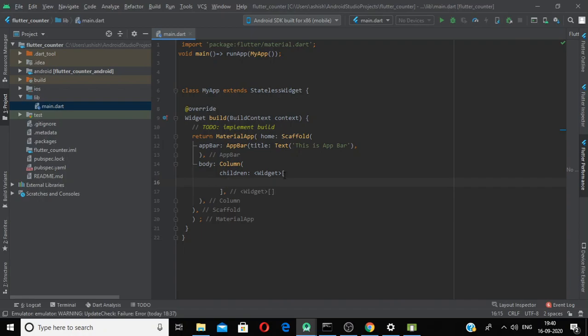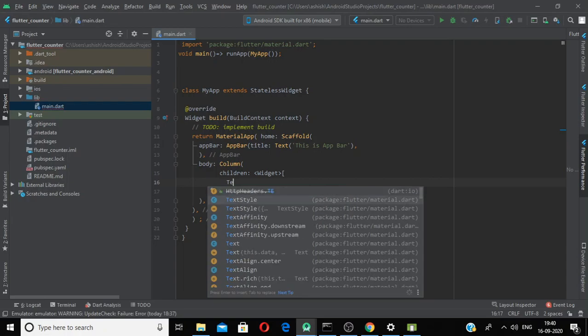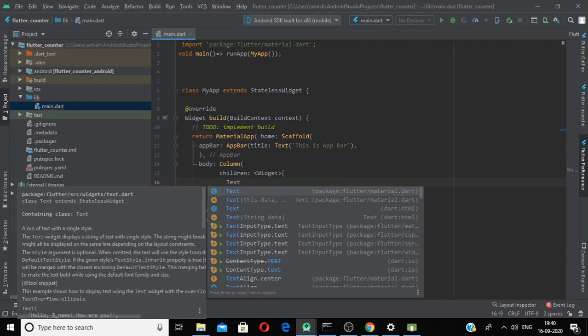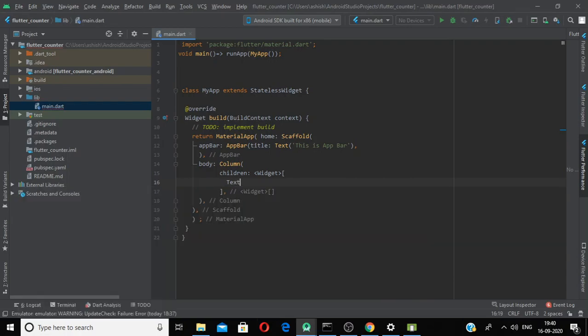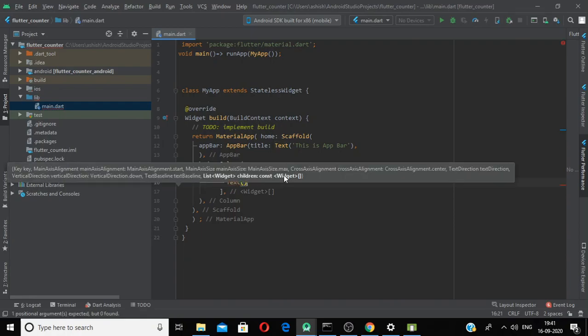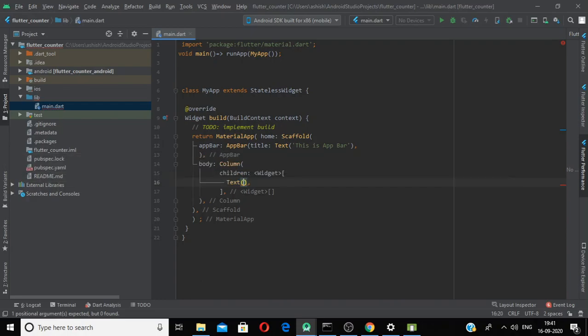So our first widget, as we have planned, is a text widget where we will have the question for the user. So keep it simple at present, because we first want to have the idea of how invisible widgets are helping our visible widgets in placing them on the screen.